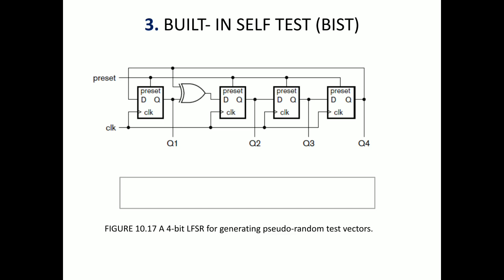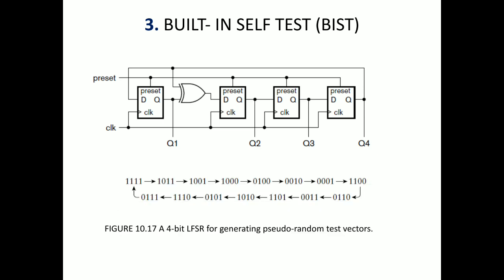So we'll be getting pseudo random sequences at q1, q2, q3, q4. We are given 1 1 1 1. We'll see what will be the sequence, what combinations will be generated. 4-bit means we are supposed to get 16 combinations. We shall see whether we are going to get the 16 combinations or less; more cannot be there. It can be 16 or less.